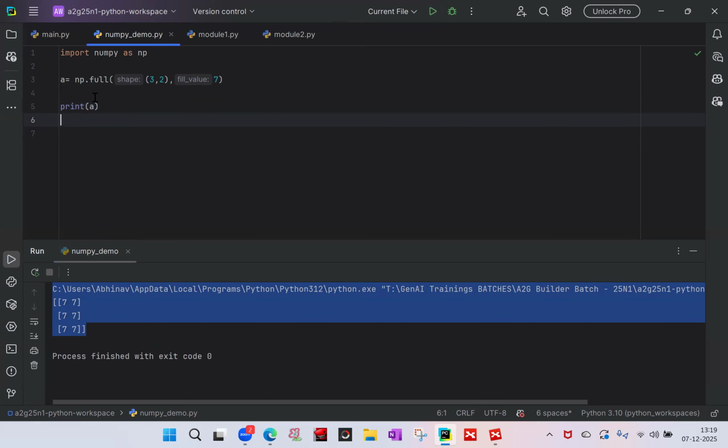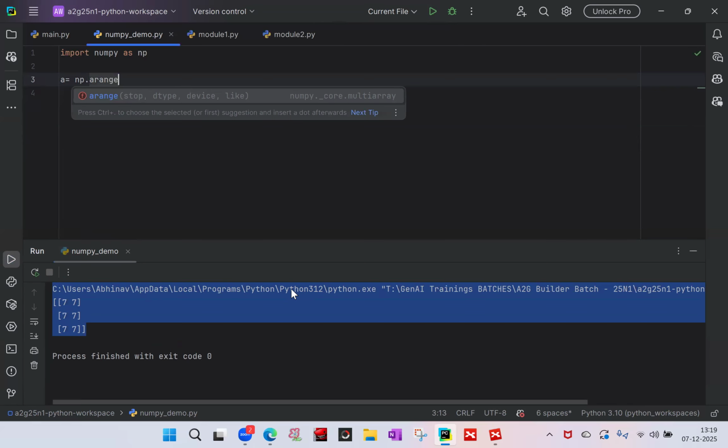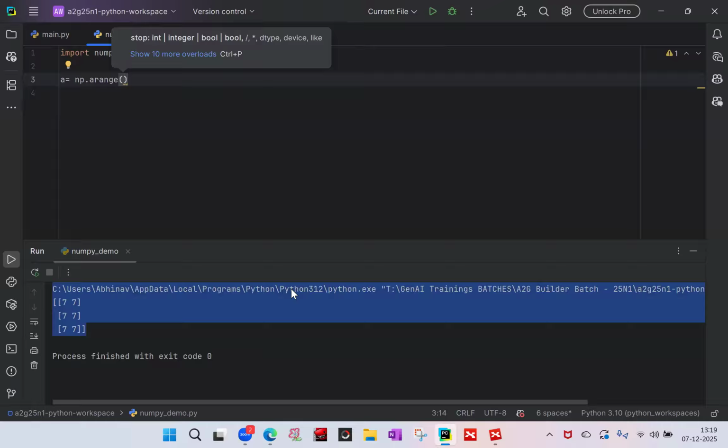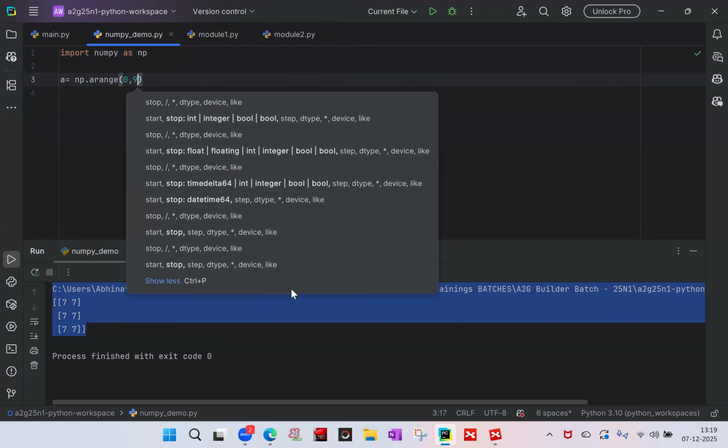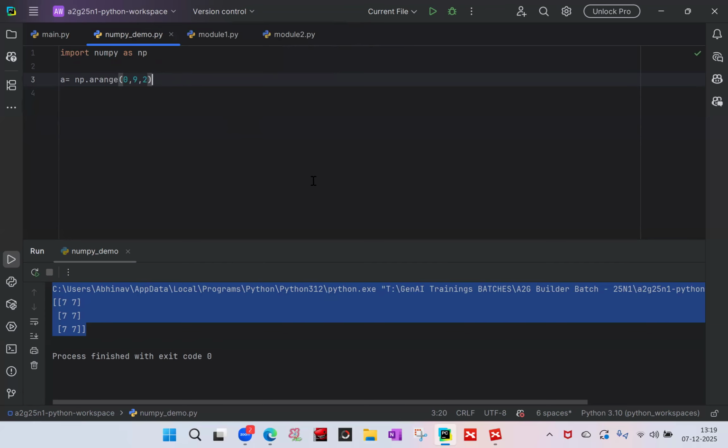Now we have the arange function. Okay, so what does it do? It basically accepts three parameters or three arguments. The first argument is the start, and then the end, and then the step size. So what does it mean? It will basically create